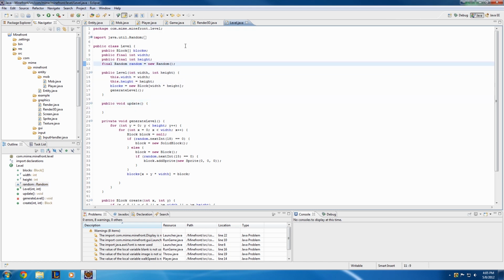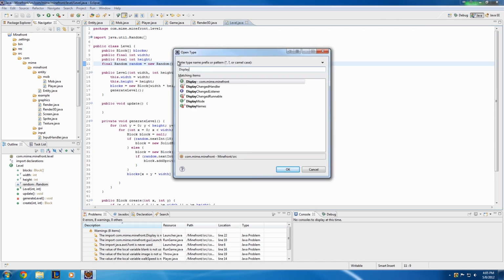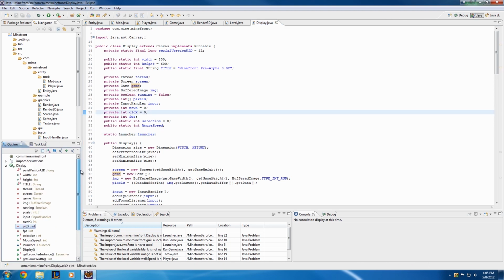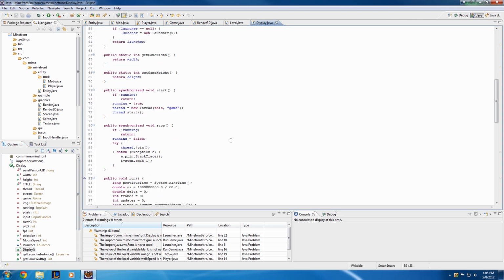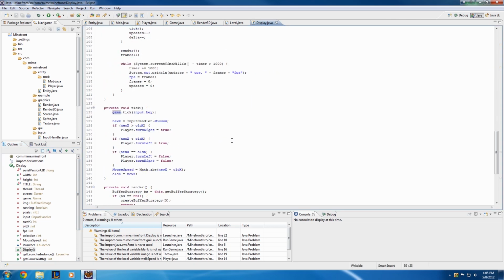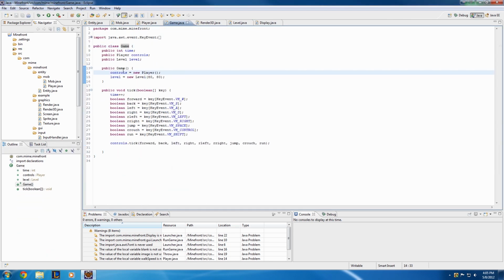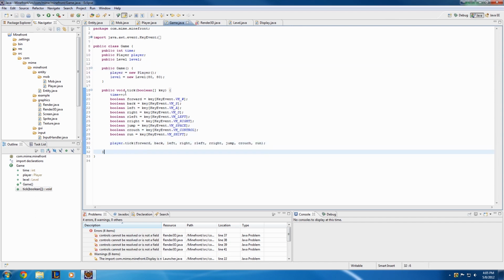So in the beginning of this whole thing in our display class, we've got a player. Where's our player variable? Now again, I could be wrong because I don't remember how this works. Oh, it's in our game class, isn't it? Yeah, so we basically got this going on here. So we're updating the player, we're updating everything throughout here,